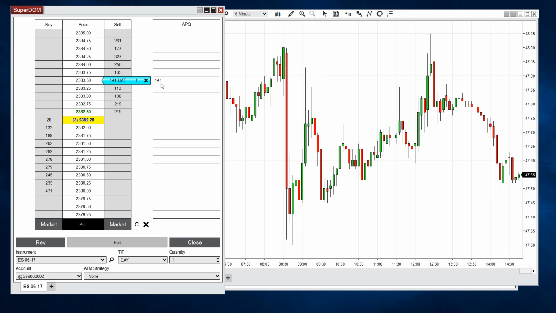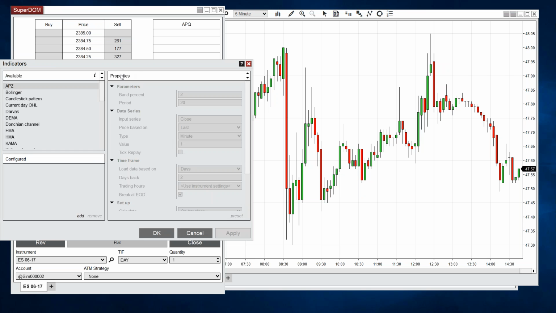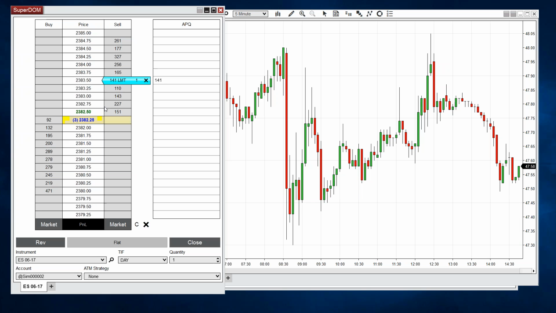We also added the ability to add indicators to the SuperDOM. So if you right-click, indicators, you can put up a moving average, for example. That moving average would be plotted here in the price ladder, and additionally, you could also associate an order to that indicator for the purpose of automatically modifying the price of that order as the price of the indicator updates.